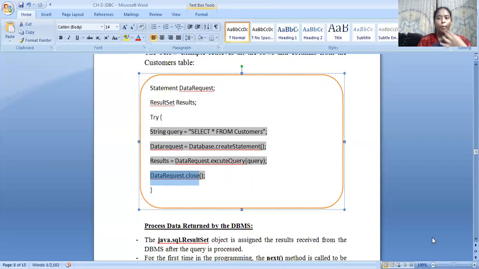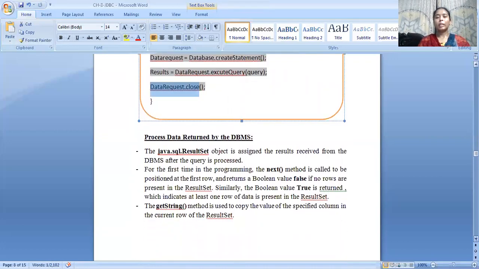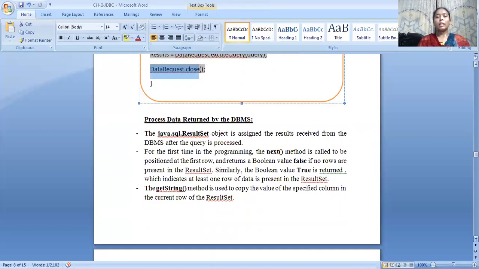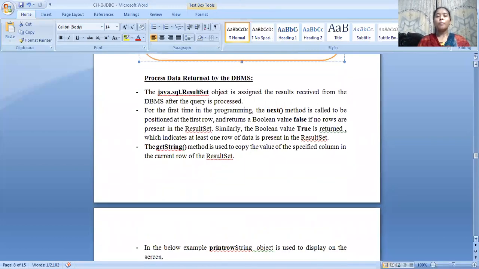The next, fourth point of this overview of the JDBC process is to process data returned by the DBMS. If I need to process the data returned by the DBMS, I have to go one after the other. The next method is used to call for the next row to be positioned.